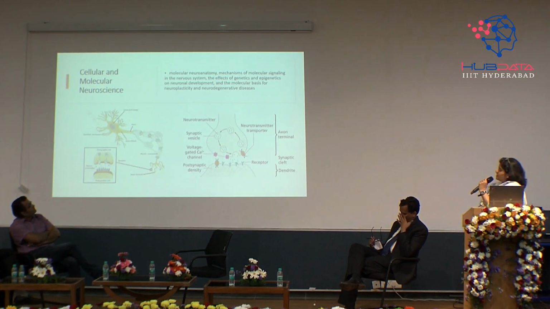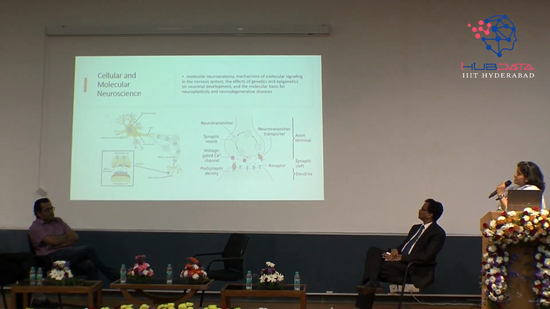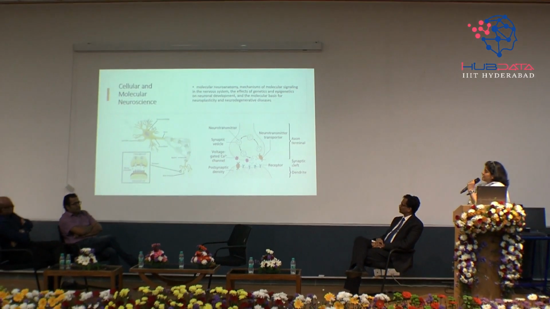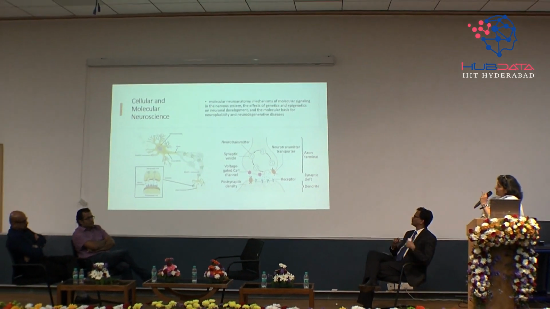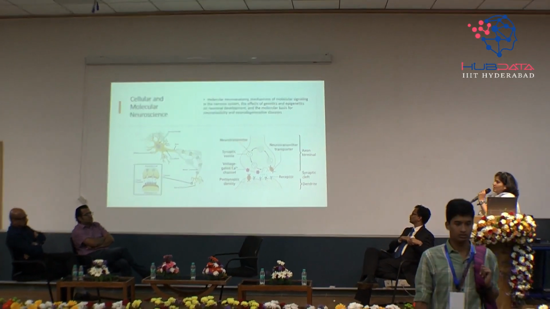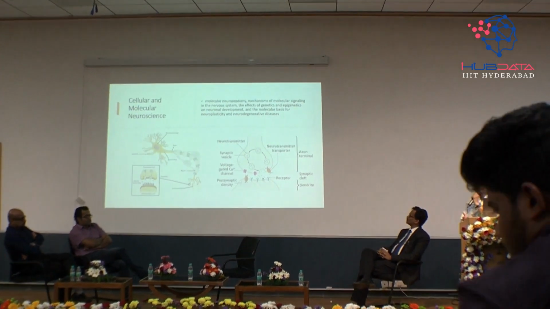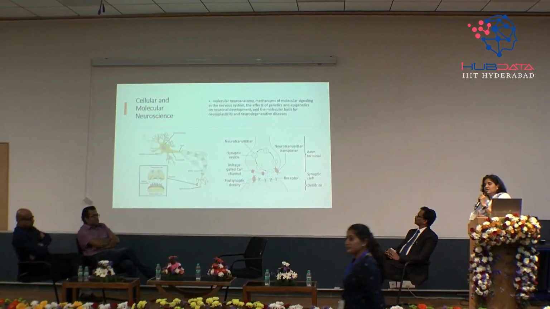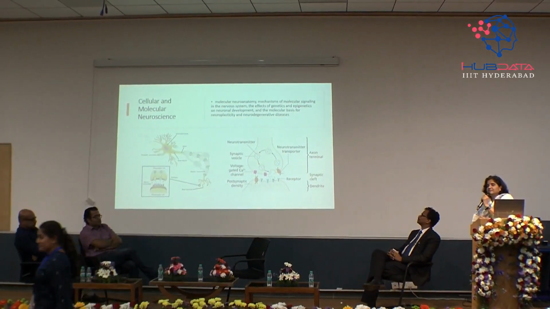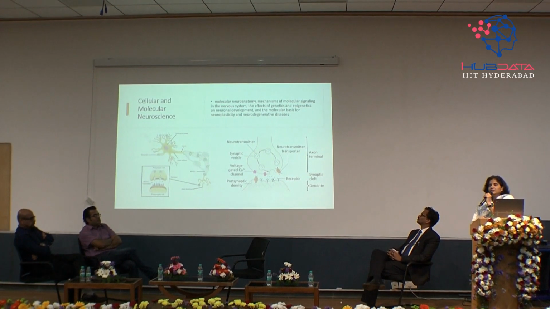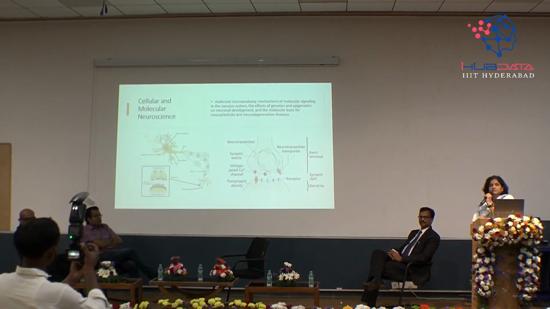Then you have cellular and molecular neuroscience. This you must have heard of. So this actually goes into the details about the cell part of the neuron. Then you have the ions. How do these ions work, what is their role in a synapse? So there are cell and molecular neuroscientists who actually look at that level. All of you have heard of neurons, right? Heard the word neurons? Yes? Okay.